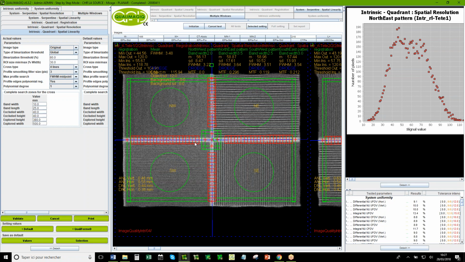So we measure the center of the Gaussian profile in each small rectangle. And after we have a list of points, and we do a linear regression on these points. And with this method, you can evaluate if the camera without collimator respects the linearity of a source.